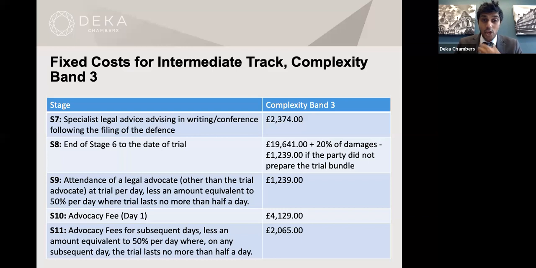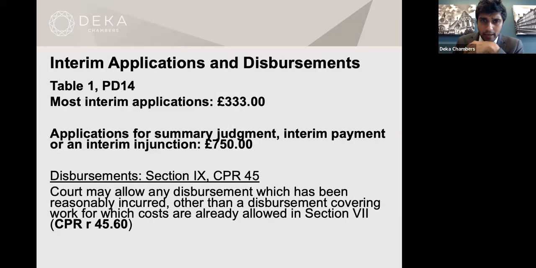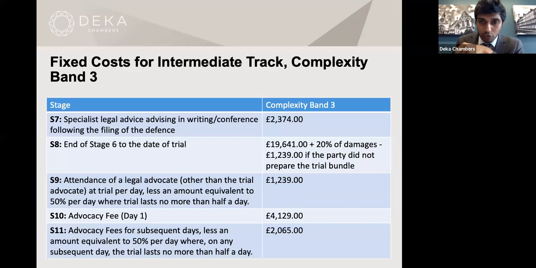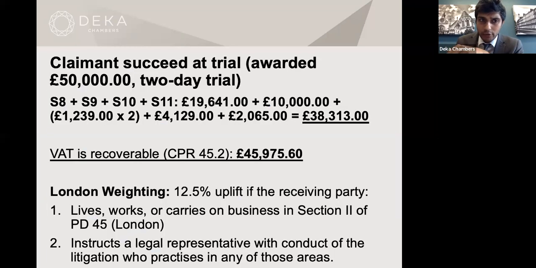So that's S8. You also have, assuming it's a 2-day trial, S9, the legal advocate, the advocacy fees, and 2 advocacy fees in that respect. So doing the basic maths of it, you've got £19,641 for your essentially pre-trial work, £10,000 for the 20% in damages,